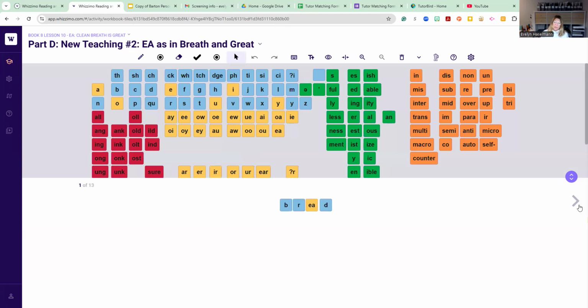All right, so the next tricky part is that the EA also says eh as in bread. Okay, so it's making the short E sound, an Eddie sound, here, but wait, there's more. This can also be bred. So we're still dealing with all these homonyms, okay? Bred, like as in raise a horse, versus bread as in like bread you eat, right? Okay, so